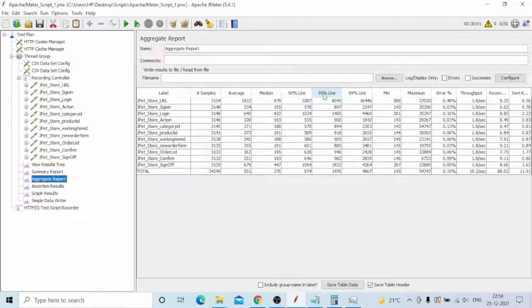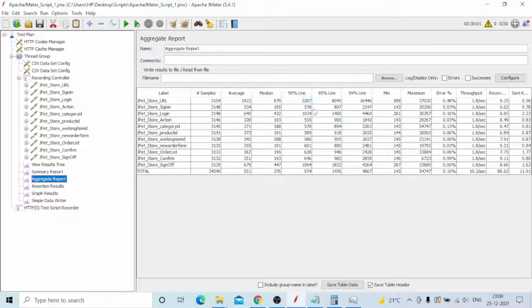Some people will ask questions in interviews also: what do 90 percentile, 95 percentile, and 99 percentile mean? For example, 90 percentile means 90% of responses are good and as expected, below the SLA, and only the last 10% of response times are very high. At that time, you remove that 10% of response times and consider only the 90% of response times.